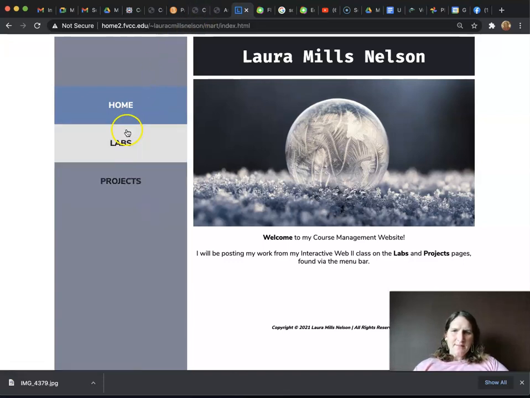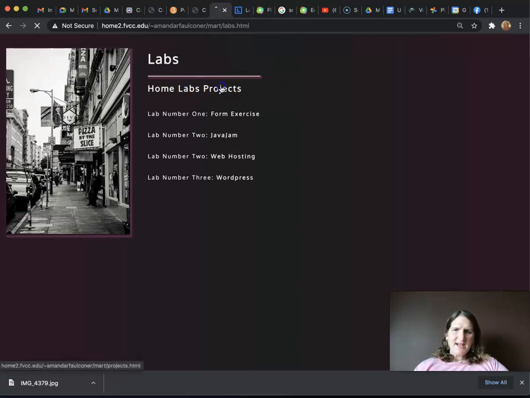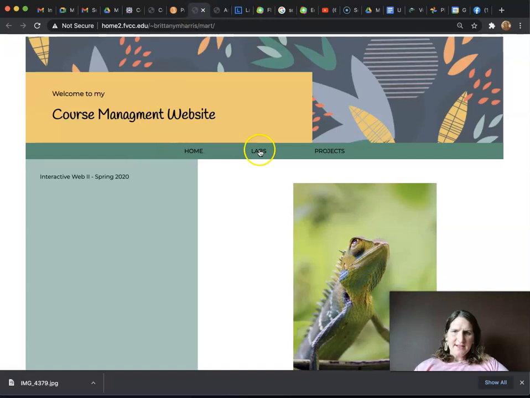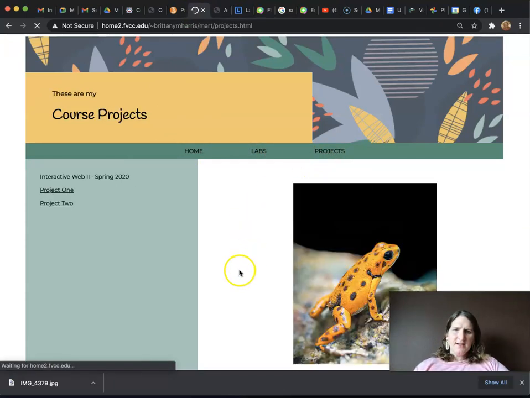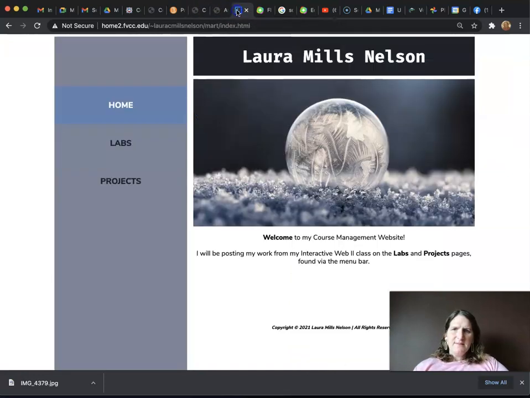So here is an example. I also have another example. This is another student's. She's got her home page, her labs page, and her projects page. And another student that has home, labs, and projects. So there are 3 examples for you guys to look at. Obviously, you can make your own design and your own course management website, but some of the requirements of this